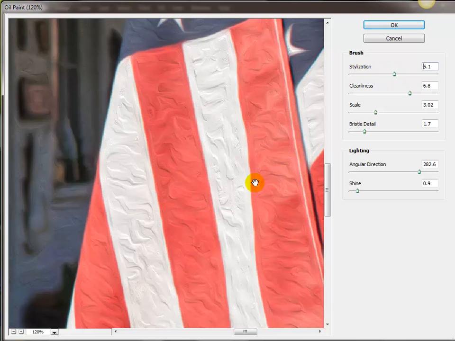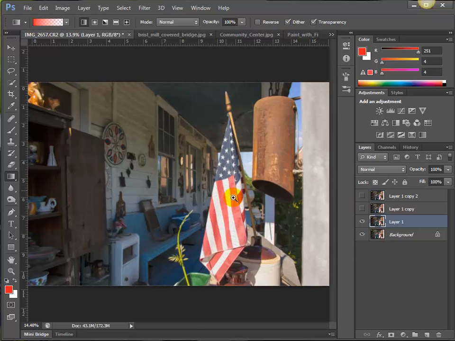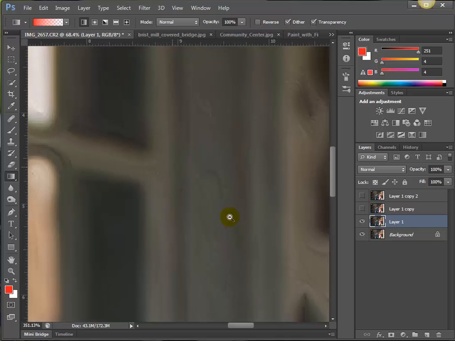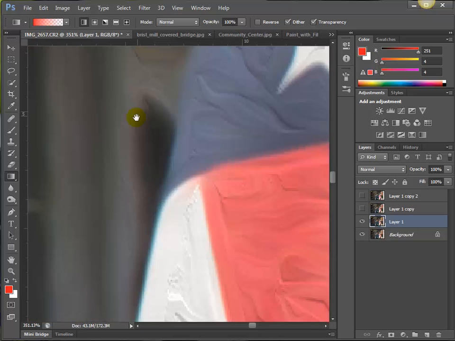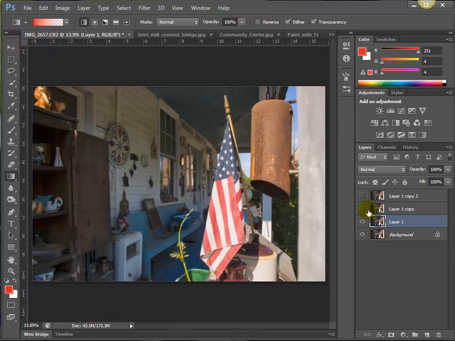We can make this less clean, so to speak, also. But I'm going to put a little bit of twist in it and click OK. It takes a couple of seconds to run. So now if I zoom in, you'll see that we have that effect on this layer. Let me zoom back out, Control 0. And now I'm going to select layer 1 and turn that eyeball on,